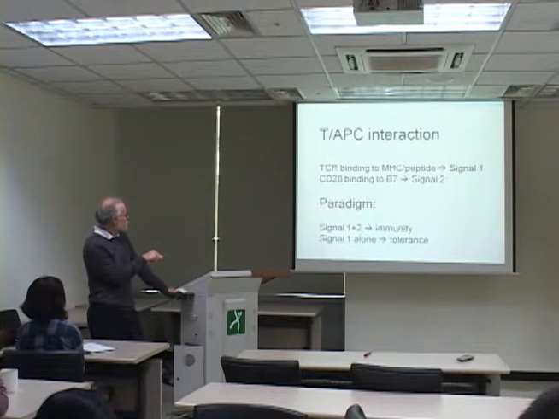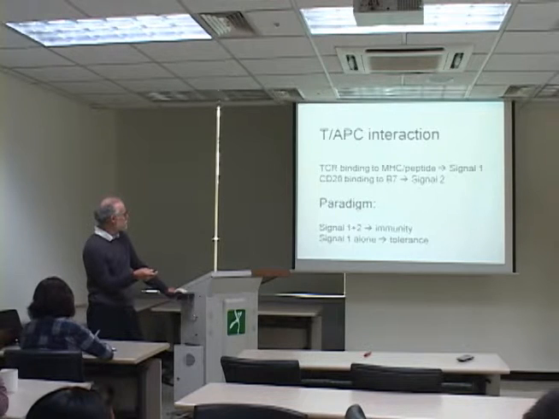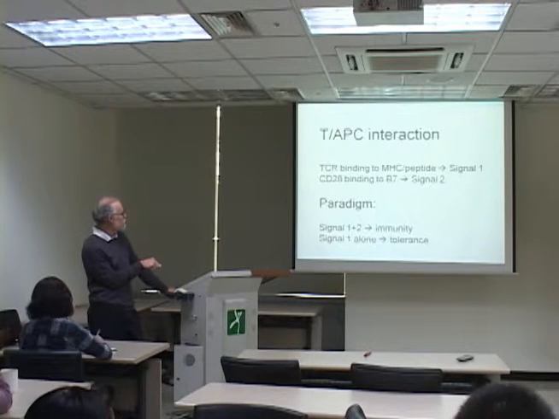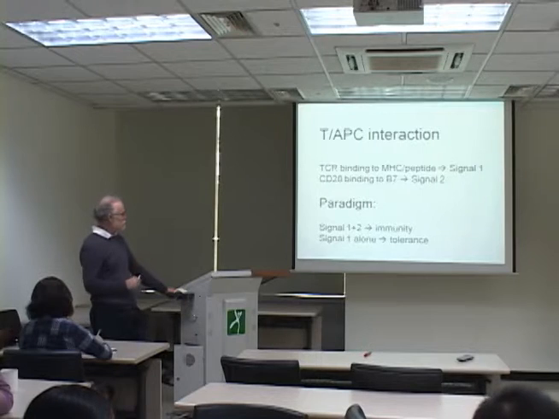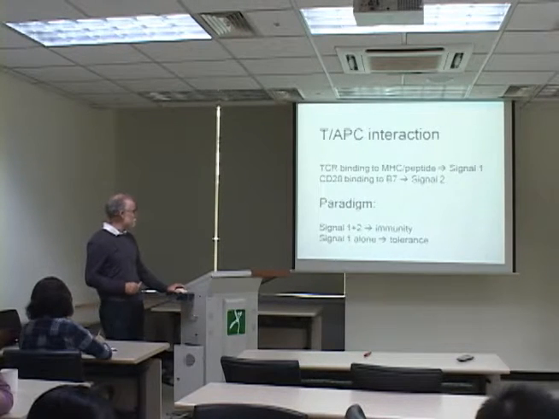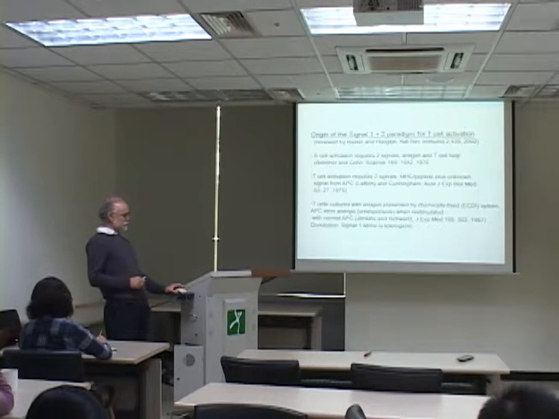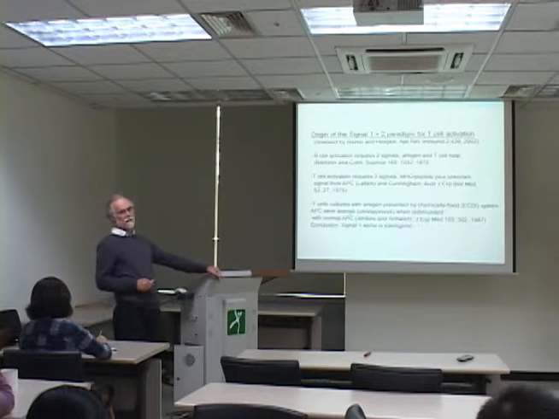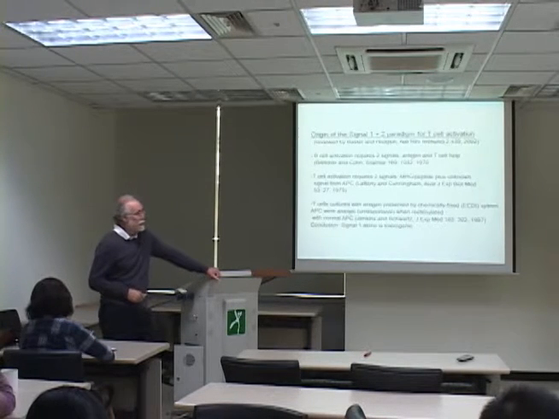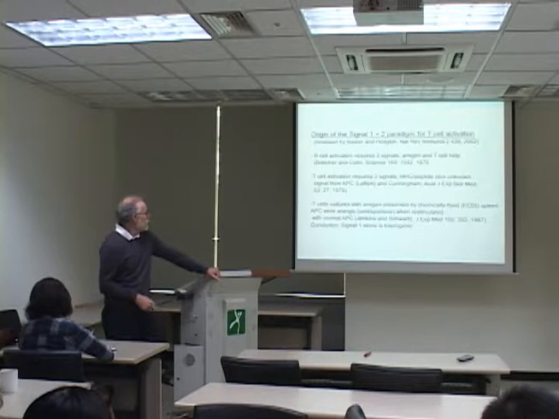But anyway, the paradigm, the idea that has grown up in immunology over the last 30 years or so, is that you have to have these two signals to get immunity, and if you only have signal 1 alone, then you have tolerance. So what does this actually mean? Well, let's think of where this idea actually came from. It actually came originally from studies on B cells,